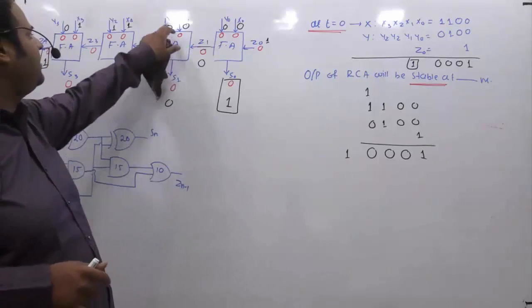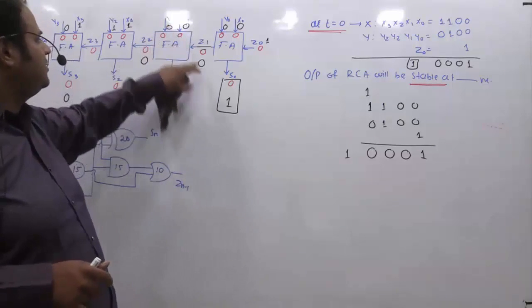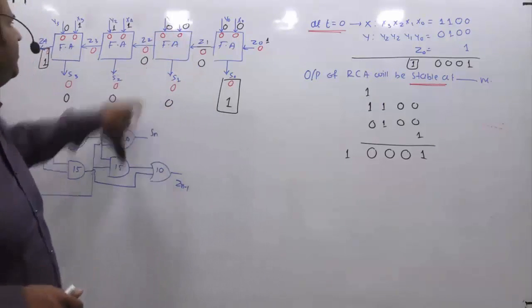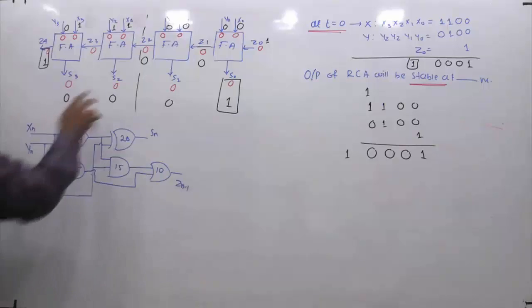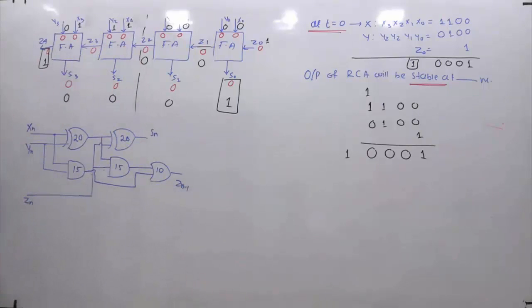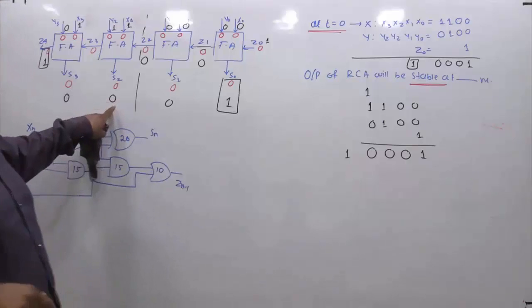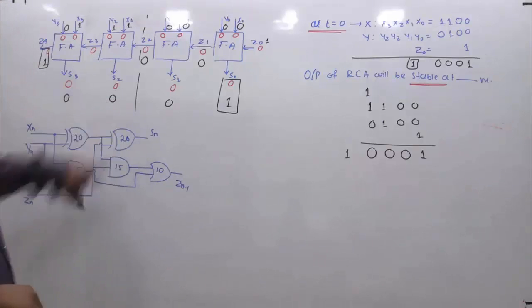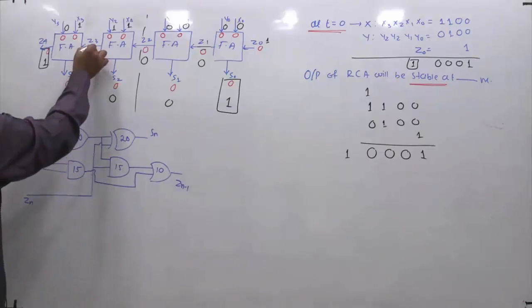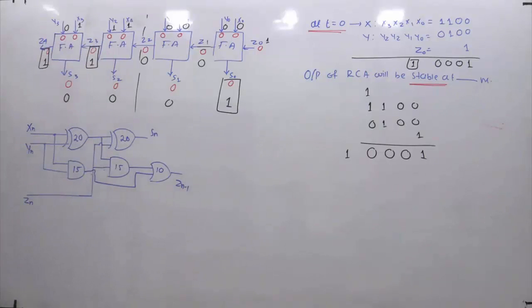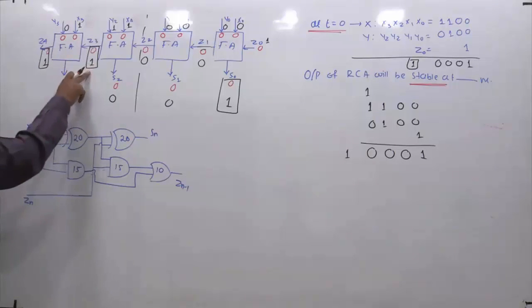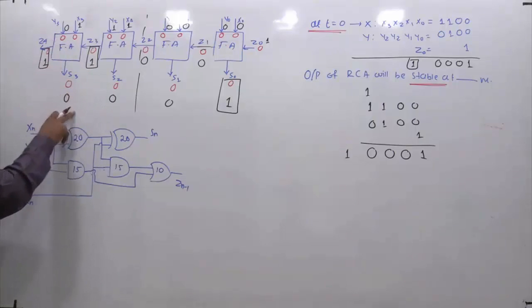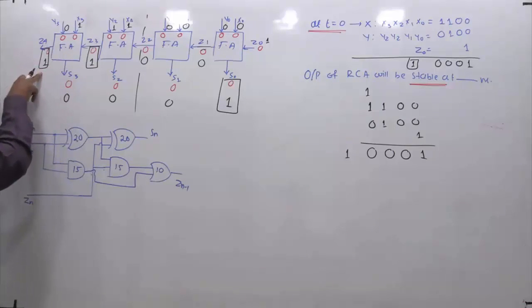Coming to this adder, it will add this, this and this. So 0 0 0, sum is 0 and the corresponding carry is 0. Coming to this particular adder, from now onwards the analysis is a bit complicated. The input to this adder is 0 1 1. If you add 0 1 1, the sum bit is not going to change. If you add 0 plus 1, sum is 0 and carry is 1, so you are going to get a change in the carry bit. I am putting it in a box. Now the input to this adder is 0, 1 and this 1. Again the sum bit will be the same, but you get a change in the carry bit. If you add 1, 1, sum is 0 and the carry is 1.